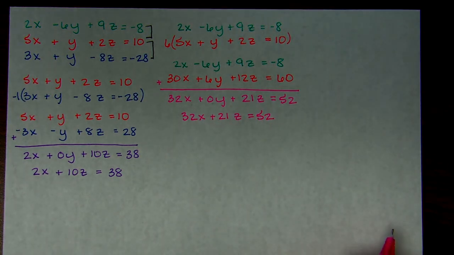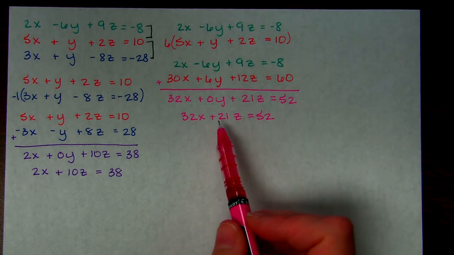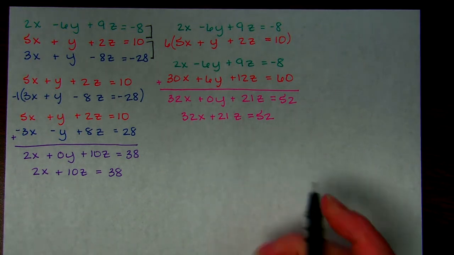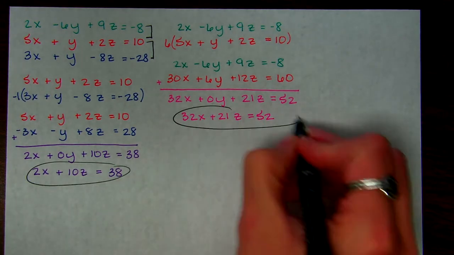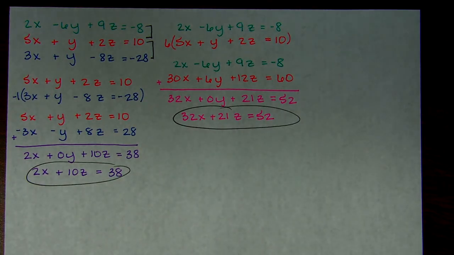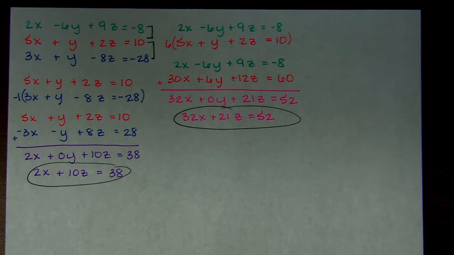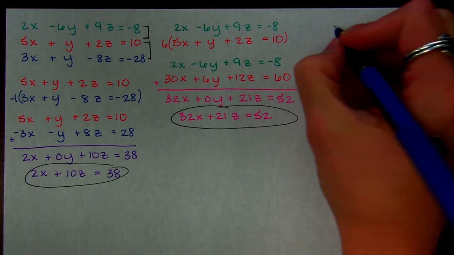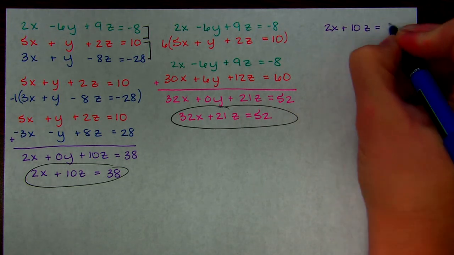Those are some big numbers, but we can work with them. So what we're going to do now, guys, is take this equation here, this 2x plus 10z, and this equation here. They're both two-variable equations, and they're the same two variables. What I can do is use those to do elimination and solve for just one variable. So I'm going to take these two equations, 2x plus 10z is equal to 38,